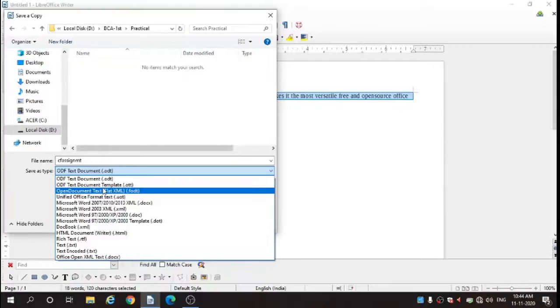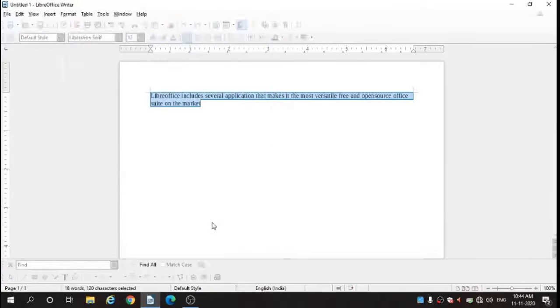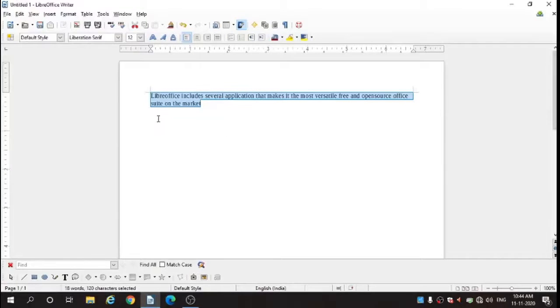In any format you can use, but it needs to open on all computers. So I am using ODF here. It is the default extension. You need to save with the extension. So it is the default extension of this file. So save it.